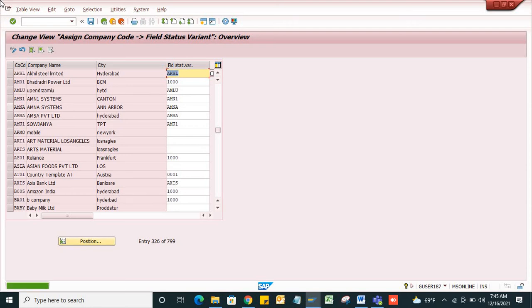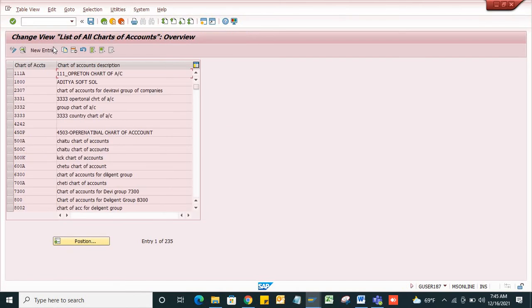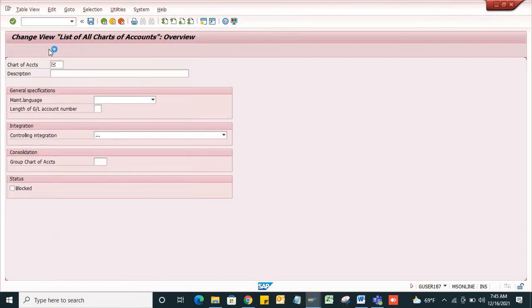Now I will create a chart of accounts. For that, I need to go to transaction code OB13. Here I will click on new entries. My chart of accounts is the same as my company code, AKSL. For understanding purposes I am creating this the same, but in real time it will not be like this. There are different variants or groups; like the field status variant, I have created AKSL, which is the same as my company code, but in real time it is not like that.